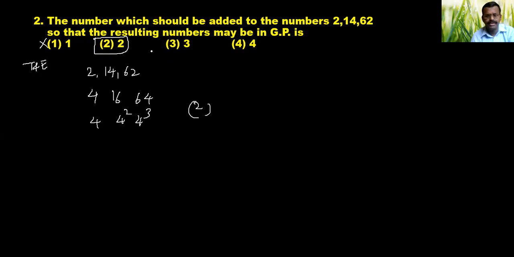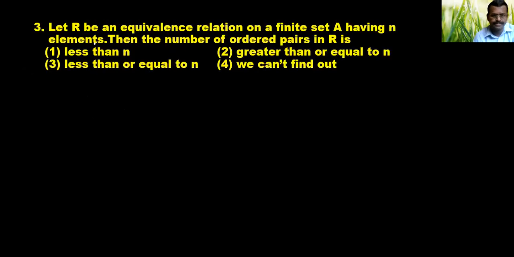When you get the answer, no need to check for other things. Because in CET, out of 4, only 1 is the correct answer. So no need to check. If you check also, what you get here: 5, 17, 65, it is not in GP. 6, 18, 60 is not in GP. So don't waste your time doing all that. When option 2 is the correct answer, go to the next question, because each single second is also very important in CET. Okay, so let us move to the next question, question number 3.